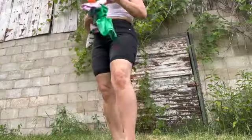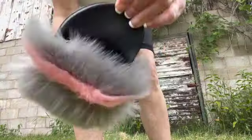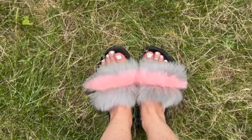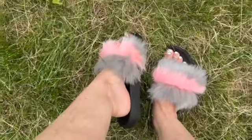I am really in love with these, and I picked out these little slipper slides. They're super cute. Super cute. I love them, you guys. Yes, I'm gonna be wearing those around the house, and I just wanted to share a little bit of my